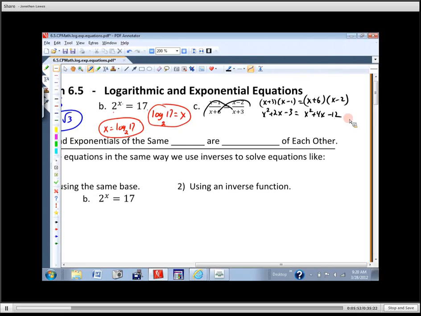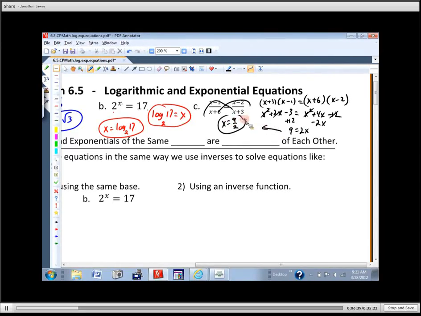Now, even though that looks ugly right now, what's nice about this? You can move everything over to one side, and the worst part of this are the x squareds. That makes it harder to solve, but there's one on each side, so what happens to it? It goes away. So I'm going to cancel those right here, and I'm going to move everything over on this side. So I'm going to subtract 2x, and I'm going to add 3. Whoops. Let's move the 12, so let's add 12. So this is going to be a 9 over here, and this is going to be 2x. So this means the answer is